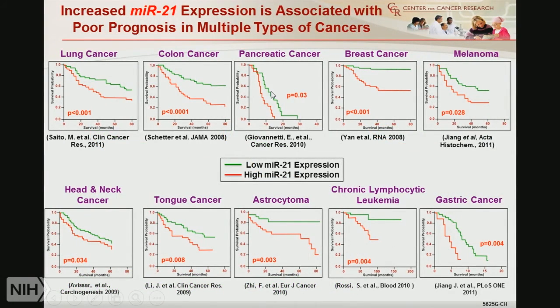So I mentioned there are 14 studies that have been shown that miR21 is a prognostic indicator. This is just about 10 or so of those that have been published. And I will say that each one of these has been verified by multiple other studies. So that's another important principle in doing these kinds of studies, is to show that they are reproduced in other people's hands.